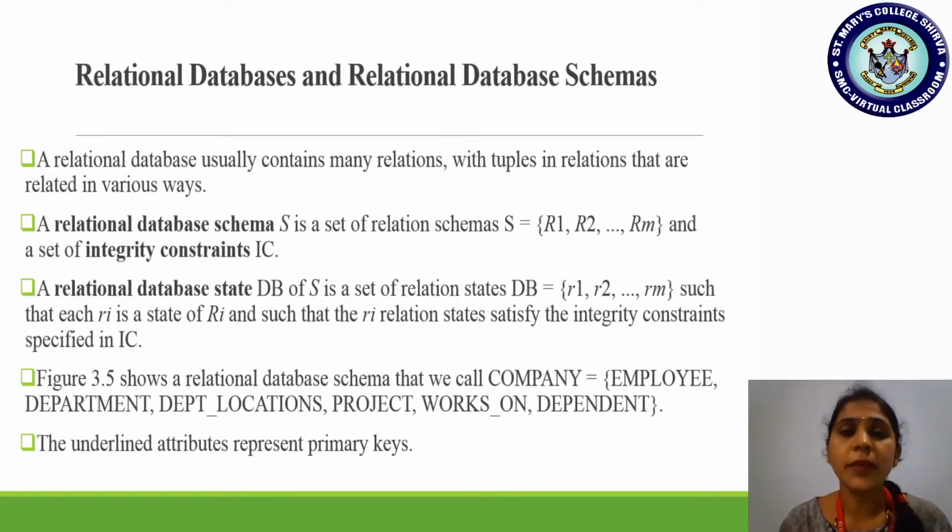So in a company database, if there are several relations like employee, department, then there is an integration, a relationship between which two? Employee and department. Employee is working in a department and the department is employing, the department consists of a few employees from the employee relation. Are you all understanding? So there is an integration between those two relations. What are the constraints? When any two relations are in a relationship, what are the restrictions, what are the conditions? That is what we actually mean by the term integrity constraints.